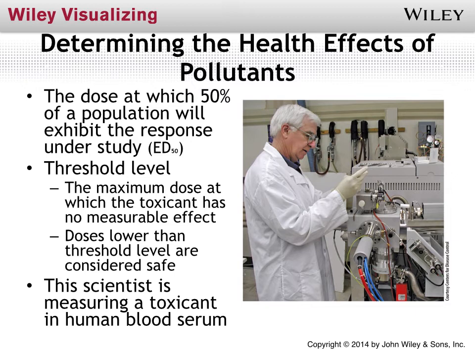Now, does that mean that chemical is safe for every person on the planet? Unfortunately, no. Some people are far more susceptible and some people are far less susceptible to any given chemical. Small doses might kill certain individuals, rare, but it happens, whereas even higher doses than the threshold level might not even make someone else sick. So it's a balancing act. It's balancing economics and politics and everything else as a way to be able to still live and get the kinds of products that we value in our society.